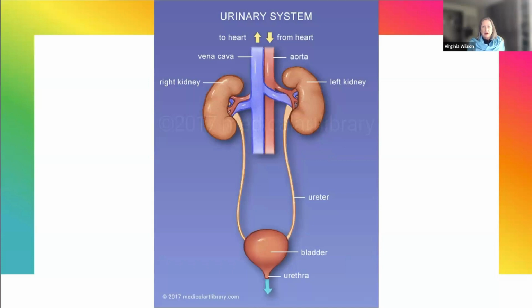Thanks, Dylan. Just so that everybody knows, not everybody attending is in the medical profession, so you know what we are talking about: we have oxygenated blood coming from the heart. It's the red one going to your left kidney and your right kidney. The kidneys are essentially like a filtration system. They take out all the, let's call them toxins in your bloodstream and filter it, and then send it back